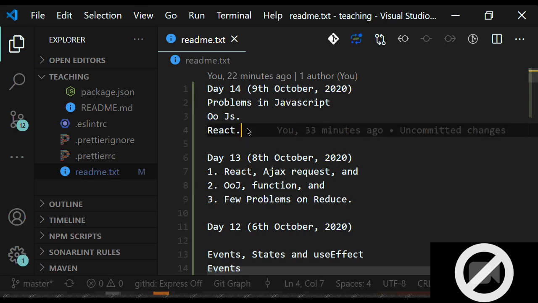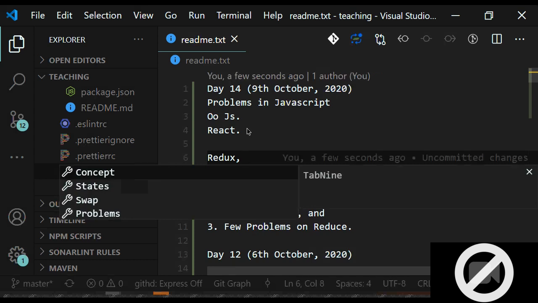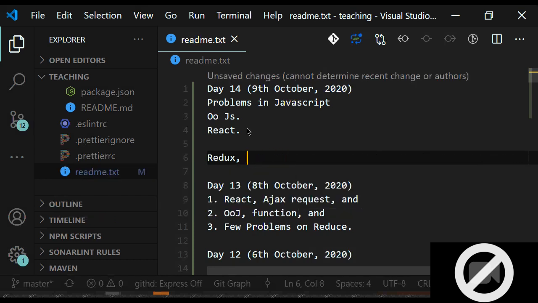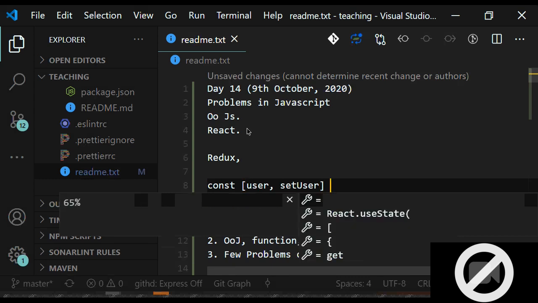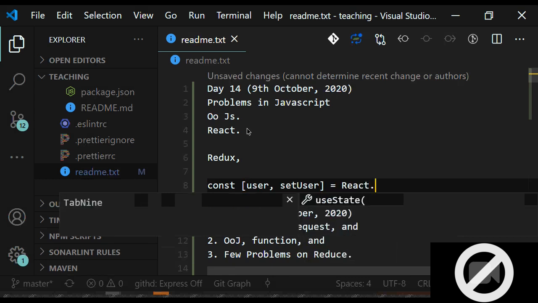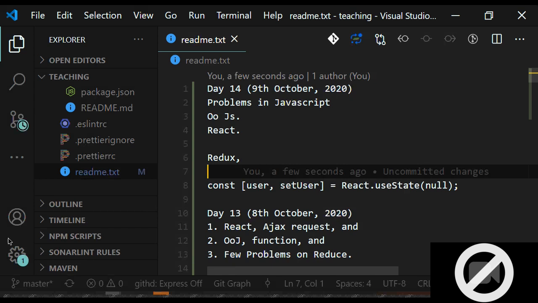So we will be starting the Redux today. We have seen in React that we have state, and how we create the state like this. For example, user, setUser, and we use React.useState. This is the way which we use to create the state variable user. Now, if our application has